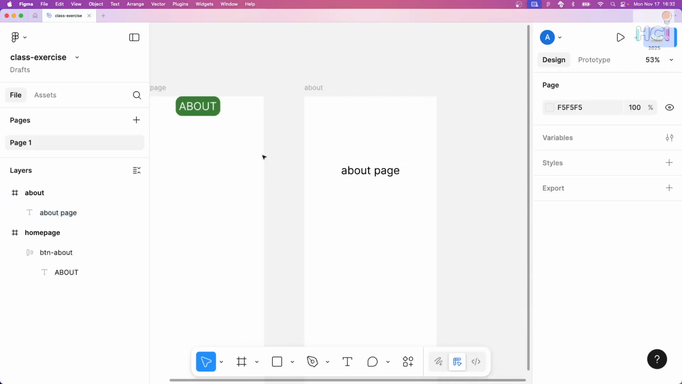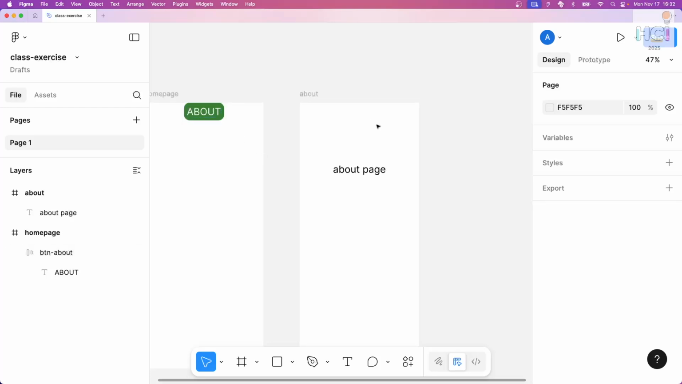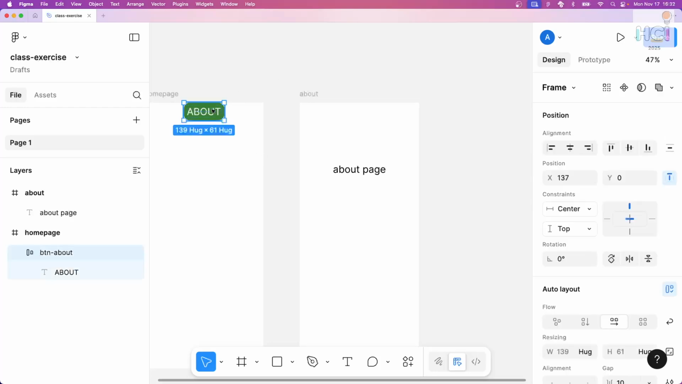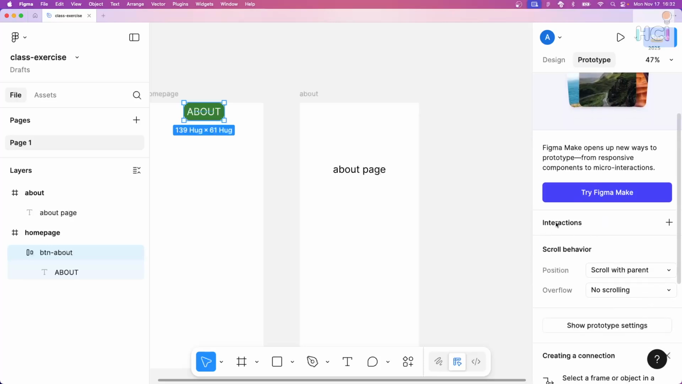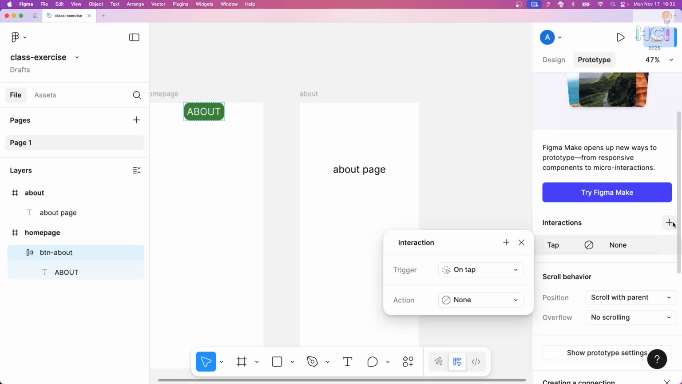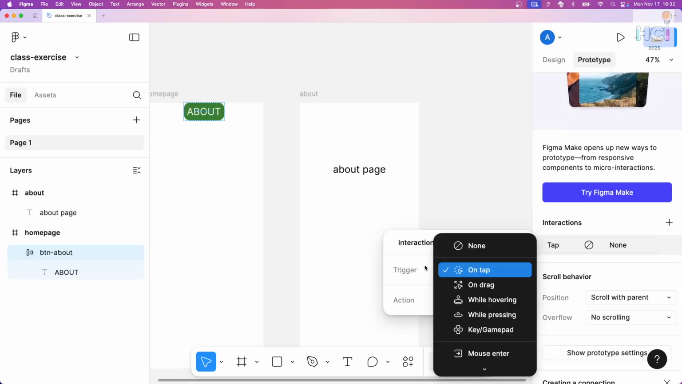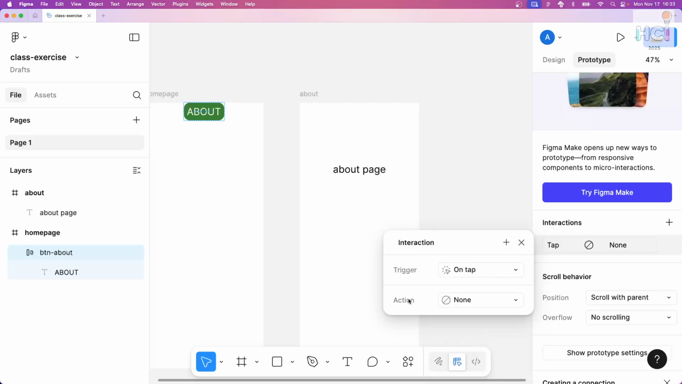Okay? And then now the question is, how can I connect this button with this page? So I click on the button, and instead of using the Design tab, I use the Prototype tab. And actually, I can add an interaction on the button. So I click on plus, and interactions are composed of a trigger and an action. And I can have actually different triggers. So on tap, on drag, while hovering, and so on. We are in a mobile application, so most interactions will be based on tapping something on the screen. So the trigger will be on tap,